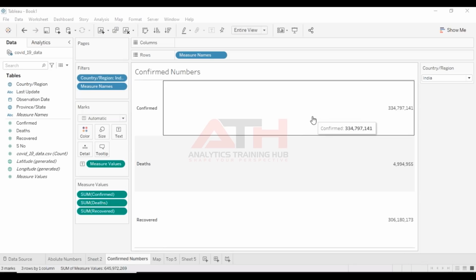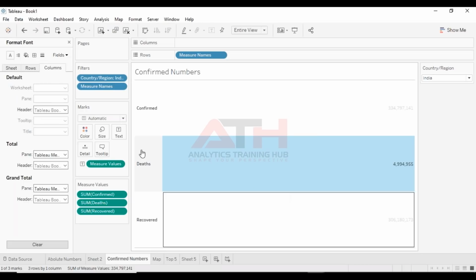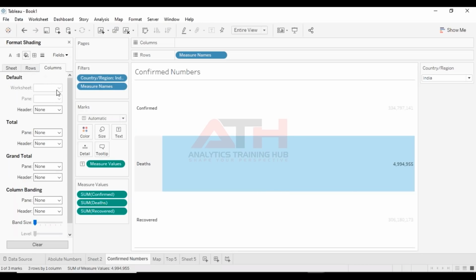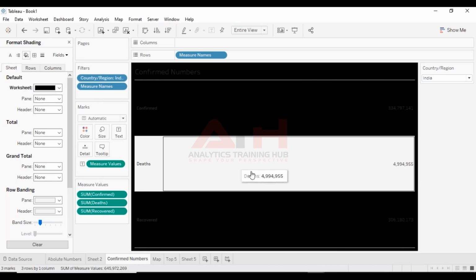Okay, I'll quickly move forward now. Again I want to change this to black. So right click here and choose the format option, and again I'll choose the sheet to black. Sometimes it happens that some rows or columns are formatted on the Tableau end, but we can change it.